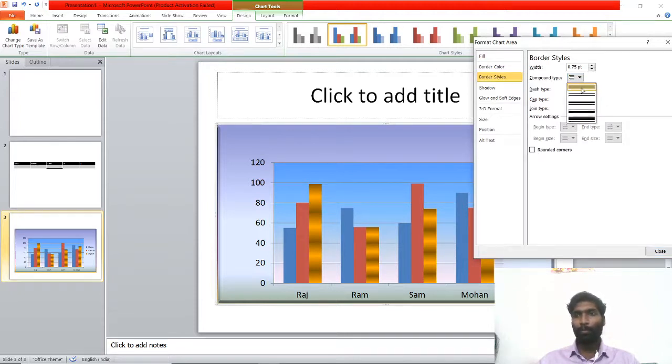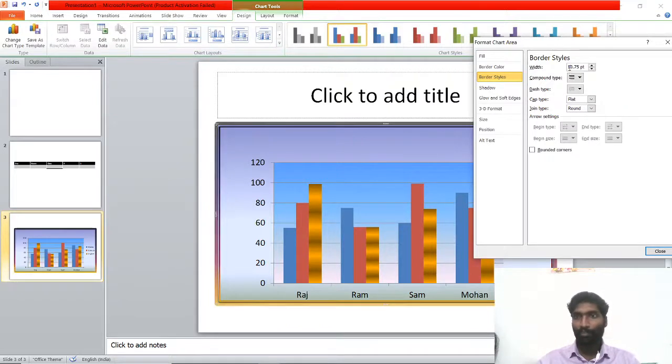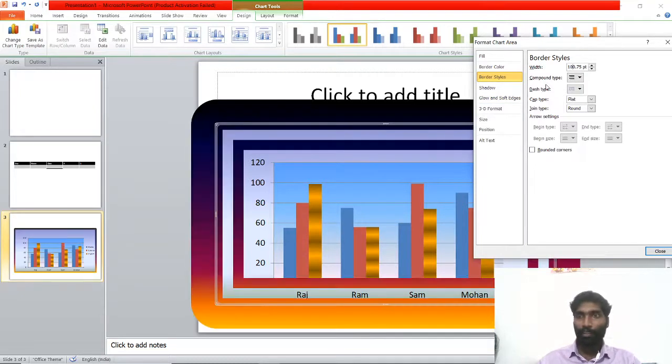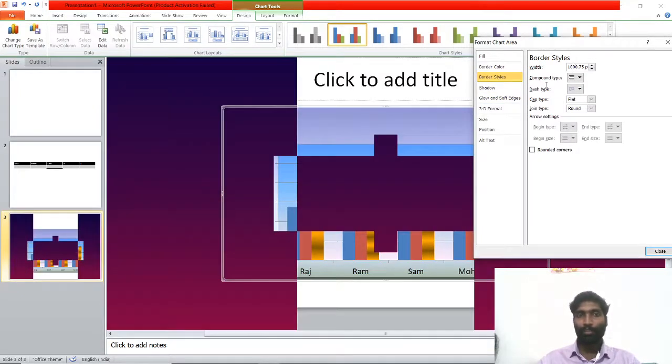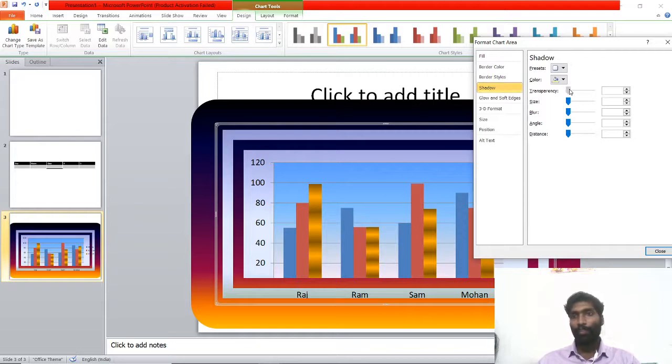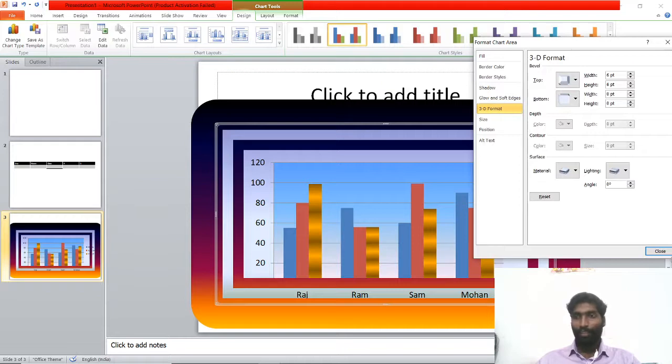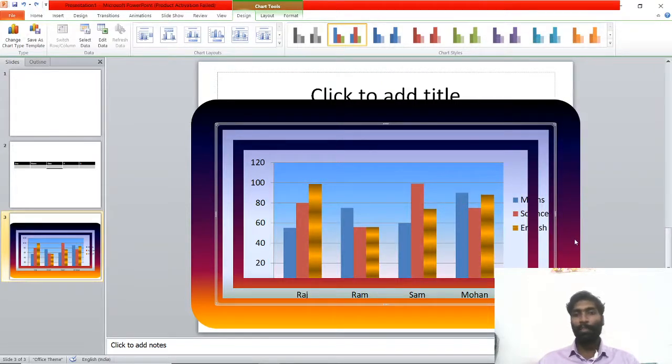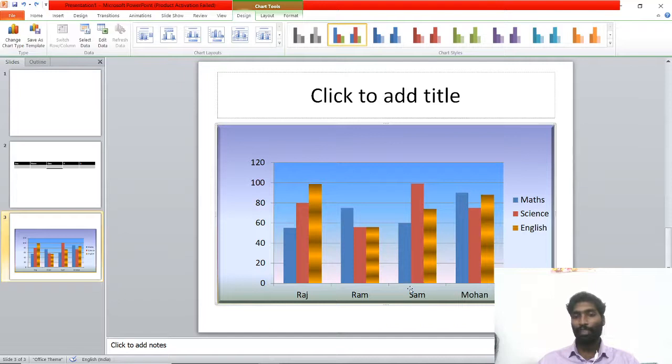If I want the border style to be bolder, it is not visible to us, but I can change it here. 10, see this area. Now I am giving 100, 1000 only. Can you see the width of the border and the shadow? In the chart area it is not that visible, but inside a component we can see it.